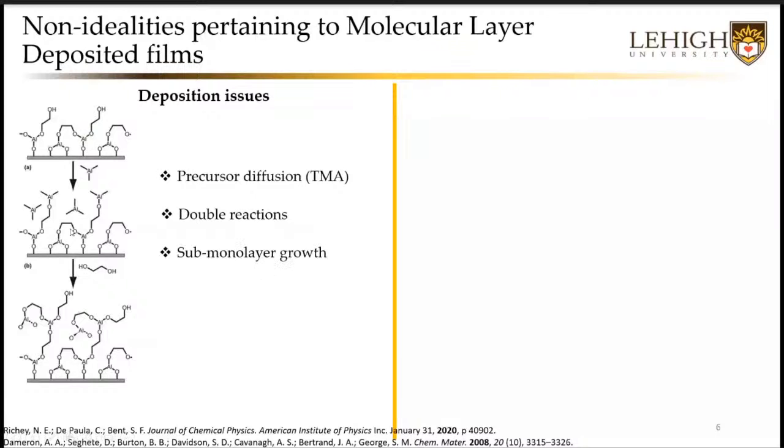So this causes submonolayer growth. Submonolayer growth means it's not a monolayer, it's islands. So there are some islands growing on the substrates, which is non-ideal. This is mostly seen in MLD, but sometimes this kind of behavior, precursor diffusion and islanding, is also seen in atomic layer deposition films. Also, MLD films undergo structure collapse because, as you all know, the difference between MLD and ALD is the organics,